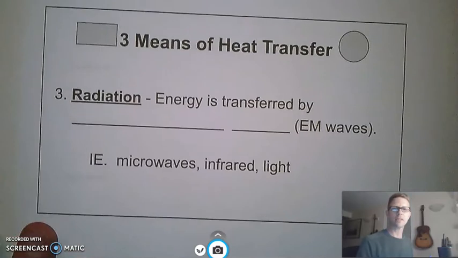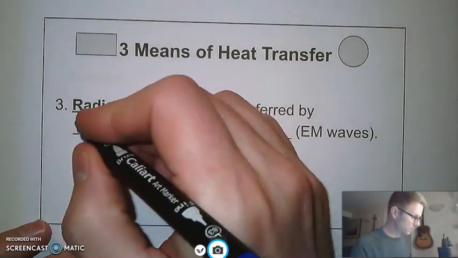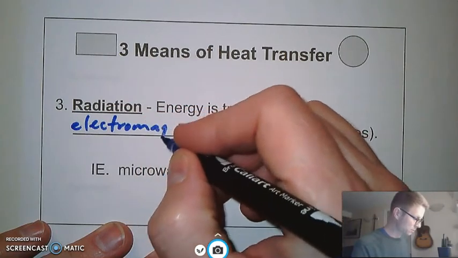Radiation is when something seems like it's just emanating heat and there's no airflow. You don't have to touch it. That's by electromagnetic